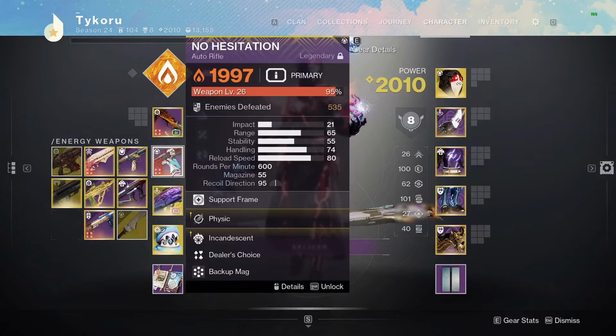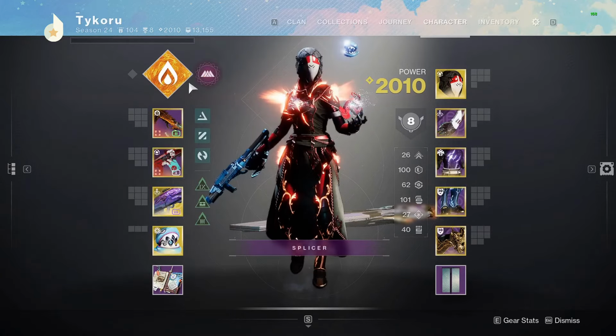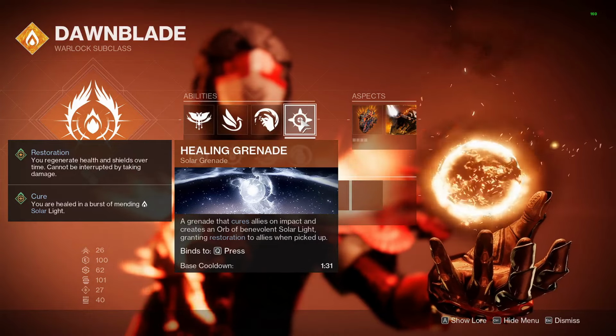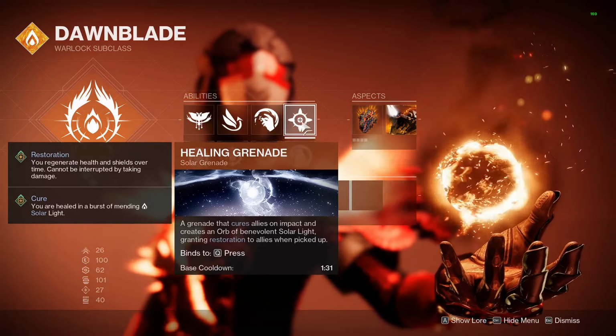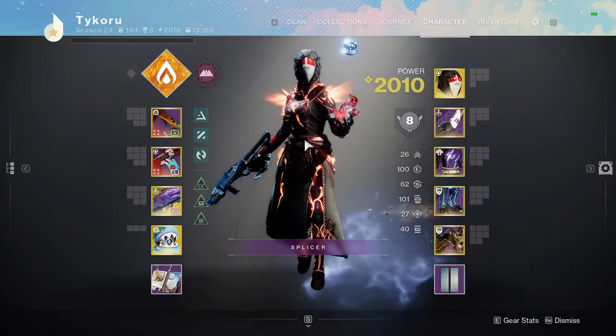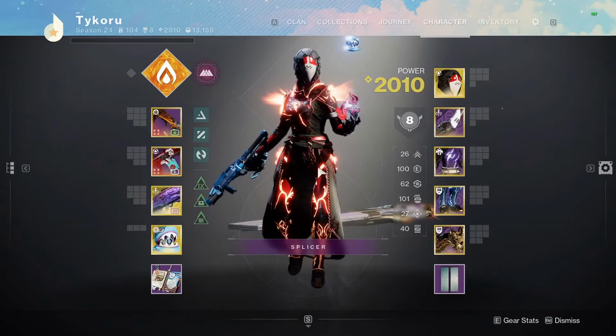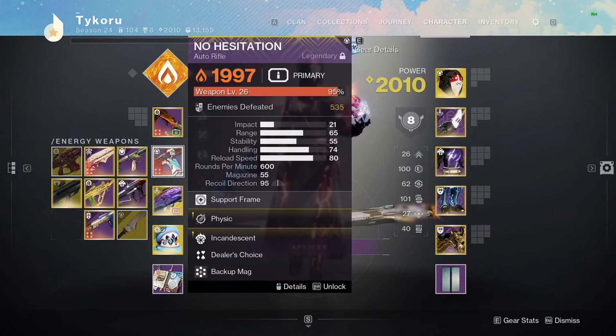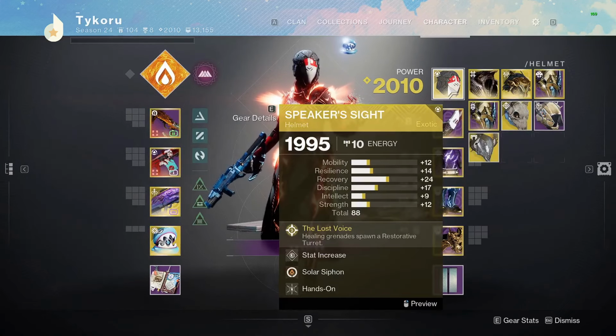So if you shoot them and grant restoration times 2, and then you throw your healing turret down, it will just keep reprocking resto times 2, instead of base restoration times 1 just from the helmet. Just something to note, you can always just throw down the healing and get restoration of any kind, it's always viable, but if you want to be min-maxing, use no hesitation proc resto times 2, then throw your Speaker's Sight,